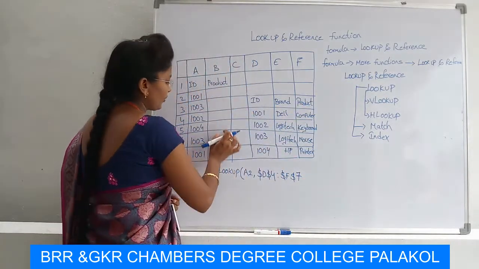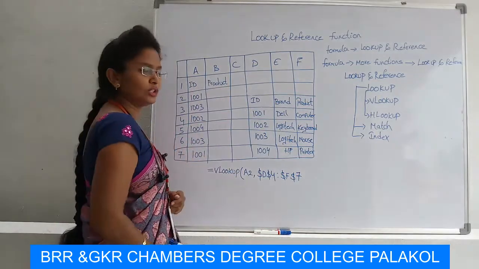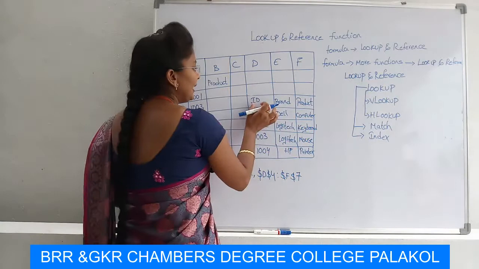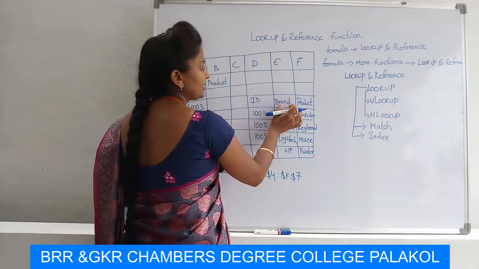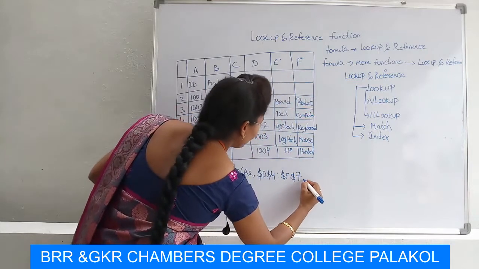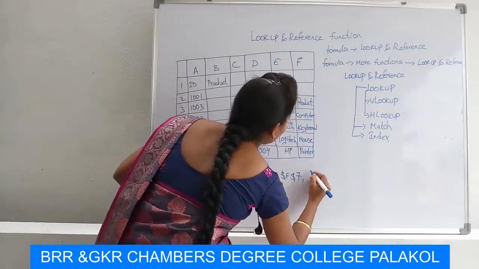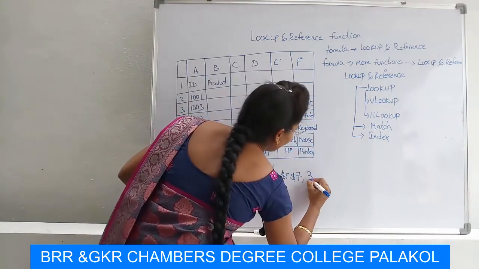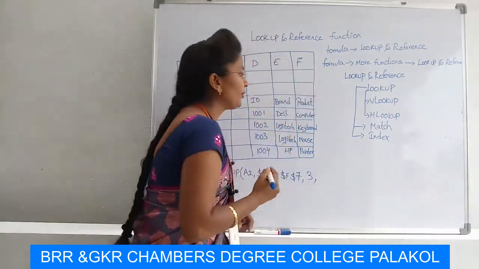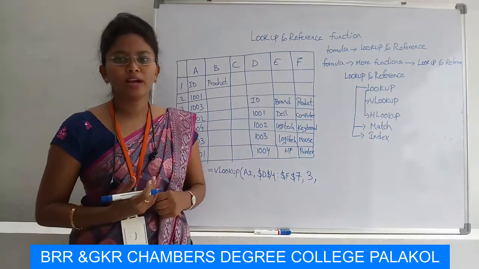After selecting the range here, I want the product. That means I want to fill the product in this Excel sheet. Here in the data of this Excel sheet, ID is the first one, brand is the second one, product is the third one. That means here I am taking the product, that means the number is 3 over here, and then I want to print the exact values here.